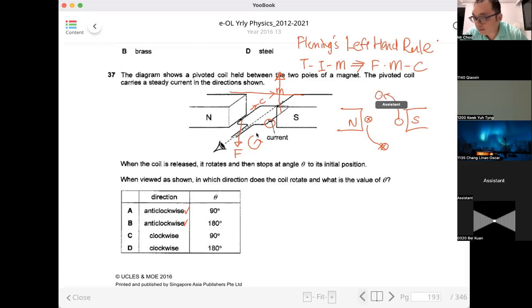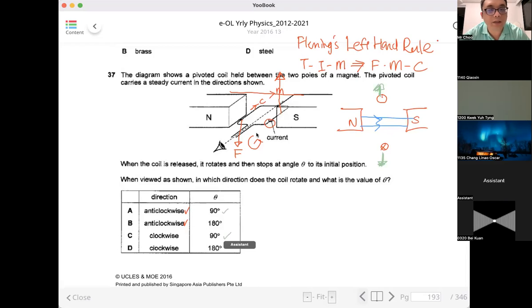Okay, so let me erase the part. Can you see now? Let me erase this. So when it becomes like this, what happened? The magnetism is still going from north to south. So when you reach this point, the force will be going up here. The force here will be going down. And these two forces will cancel out each other and then they'll remain at this point. So therefore you only